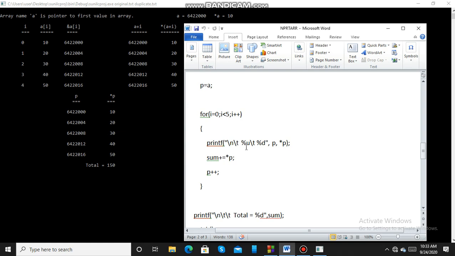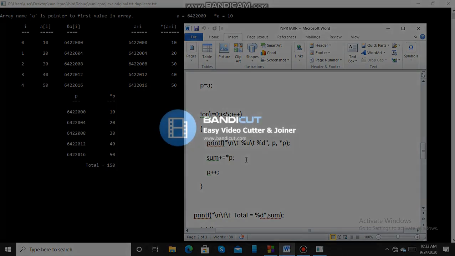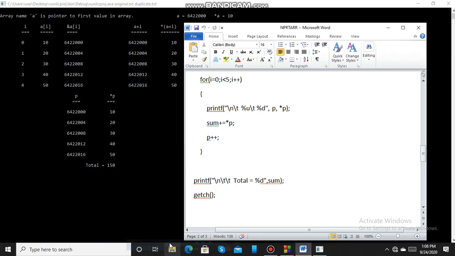Previously 30 was there, now this 30 will get added, it will become 60. Then p is incremented, the next address will get printed, the value will get printed, and finally, after exiting the for loop, the sum will be printed here.